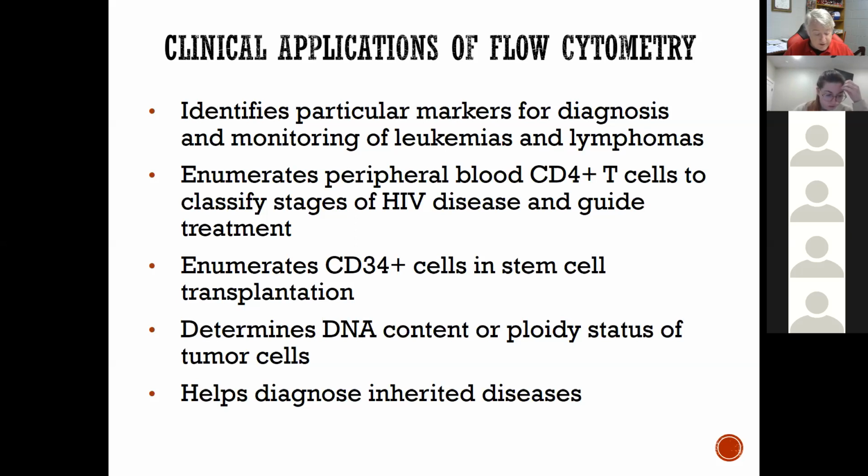CD45 with CD14. And you can see the interpretation when a cell is both CD5 positive and CD20 positive. This is characteristic of CLL and well-differentiated lymphocytic lymphoma, as well as mantle cell lymphoma. CD19 positive with only light chains is expressed in low intensity. Occasionally light chains are not detected. CD45 fluorescence is brightly expressed with CD14 negative.